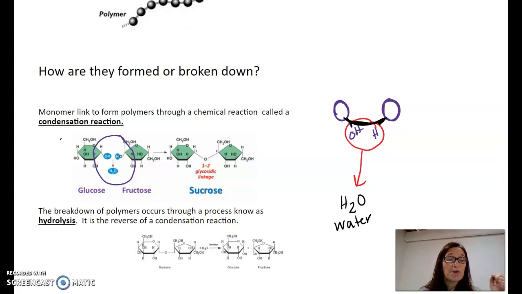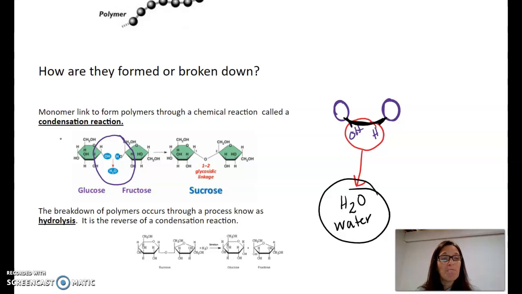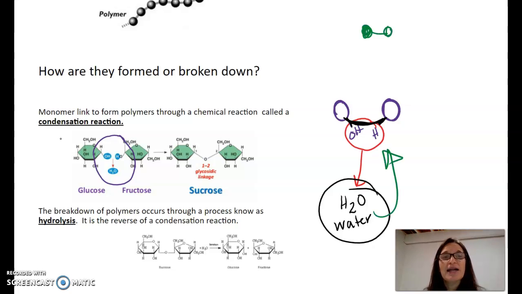And so when we remove water, so condensation means we're forming water. We just formed water, right? When we remove water, we actually are going to bond monomers together. Now, the inverse is also true. If we were to add water back, so if I have a polymer and it's bonded together and I eat it, now I want to break it down,